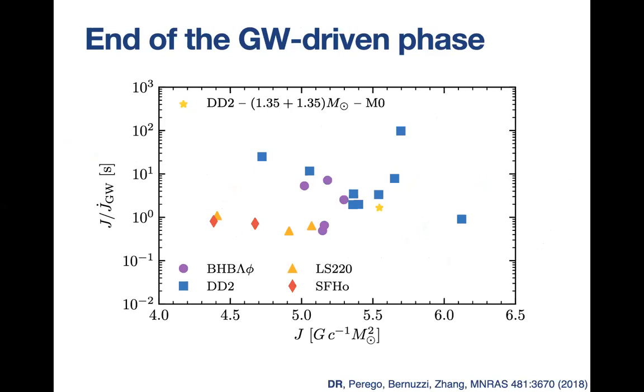This time scale at the time of merger is a few milliseconds, and then as time evolves, this time scale becomes longer and longer and longer. And when we stop this simulation, the time scale is about a second. This is more or less the same time scale over which neutrino effects will play a role. This is also the same time scale over which viscous effects are expected to play a role. So when we consider evolution past this point, the time scale for gravitational waves, the time scale for viscosity, and the time scale for neutrinos are all comparable. We have in principle to include all of these effects in our simulations. We currently cannot really include all of them with the precision that we want. So the uncertainties from here on will become larger.